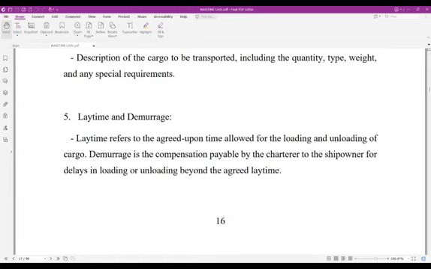Of course, the factors may be different. It may be outside the control of the charterer. As such, this will have been stated in the terms of contract. As such, demurrage will come into place. That is that.